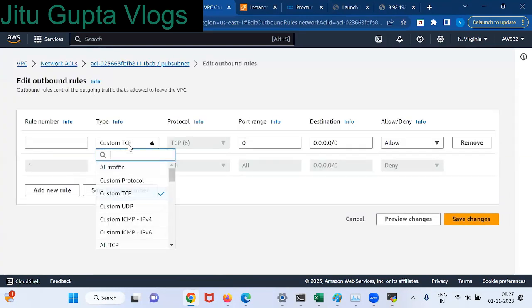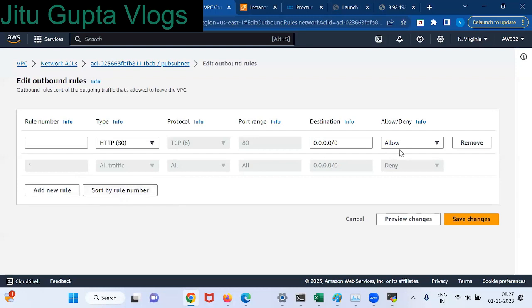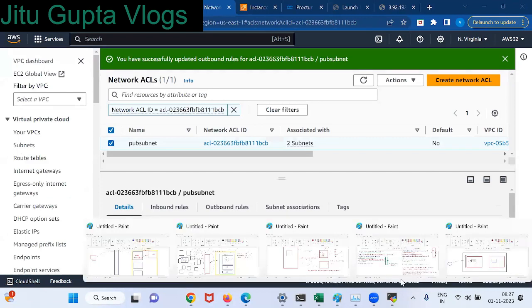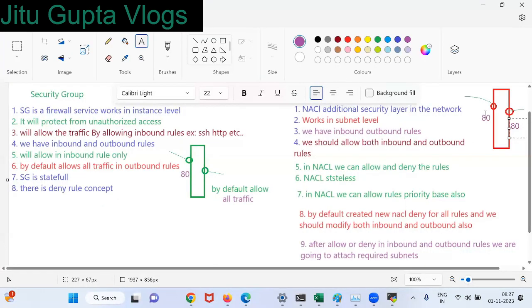Add new rule, HTTP. Next, allow. You can give 200 as the number. So edit outbound rules. Outbound also, I'm going to give the HTTP rule now. Save changes. So what I did now, come to my paint: I enabled inbound 80 and outbound 80.